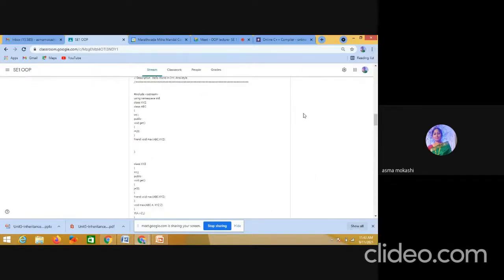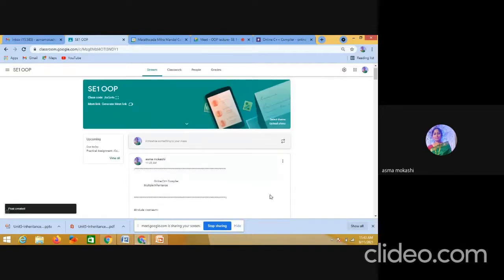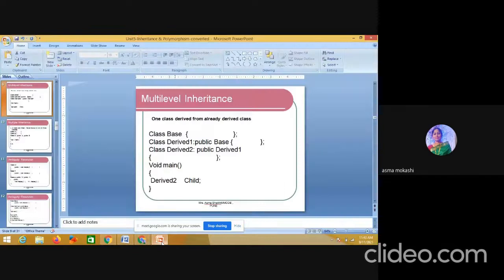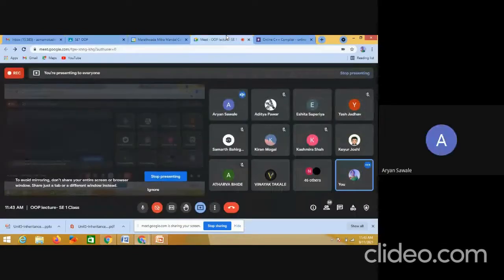So I'm passing, actually I'm saving these programs for you, so you can try it for your home also. Okay, so whenever we finish, I am sending you this program. So this is multiple inheritance, if you see. Okay, understood students? yes, ma'am. समजलं ना आतापर्यंतचे? हो मॅम.